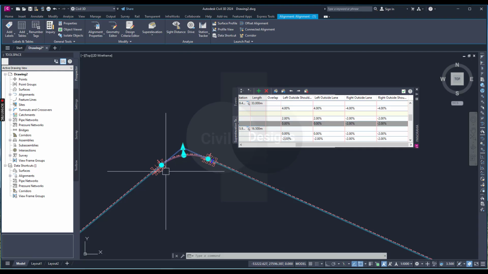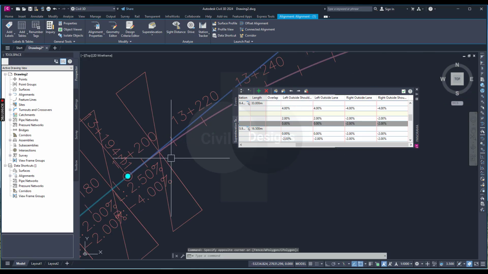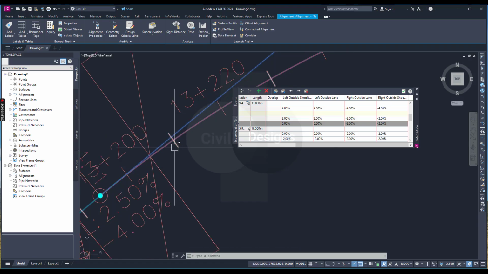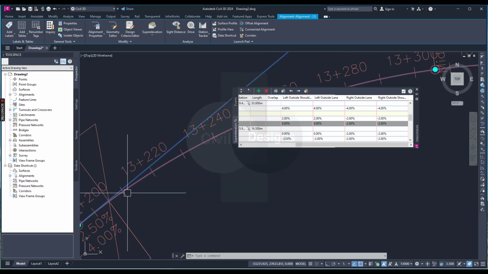If we need to show any percentage on any specific station, then we can also put it here. If you hover your cursor on the plus sign, you can also add a new super elevation critical station to add your new values on that elevation. For example, if I want to stop my transition length here, and we already stop here, but if we want to stop them here